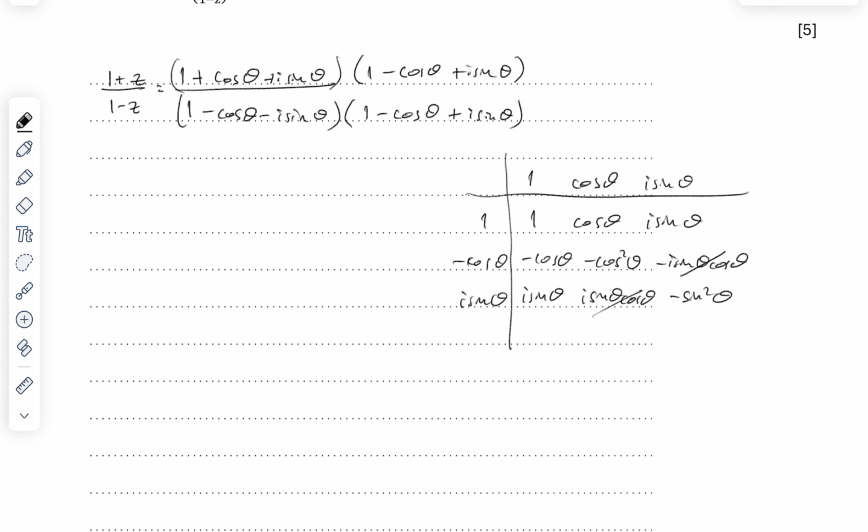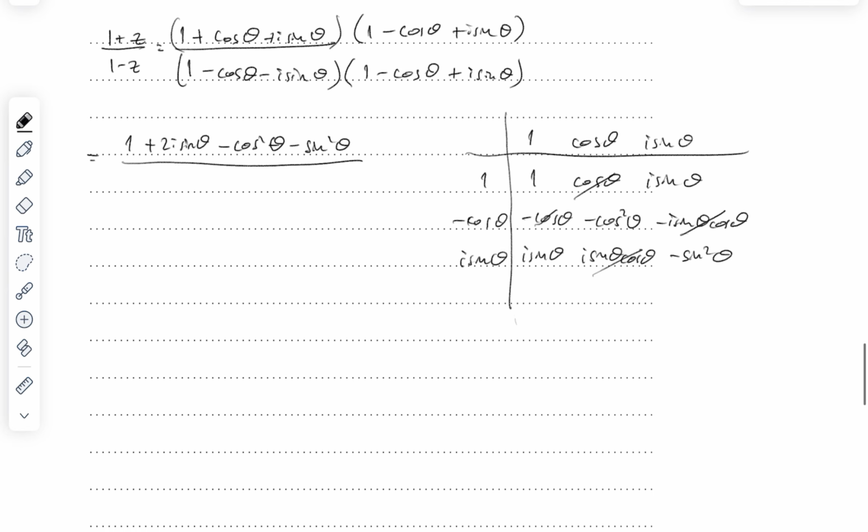So it's nice because those two cancel, those two cancel. So on the numerator we get 1 plus 2i sine theta, subtract cosine squared theta, subtract sine squared theta, over, let's try the denominator,